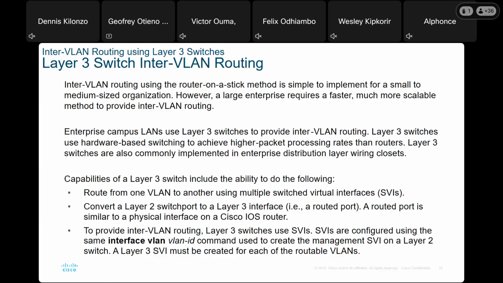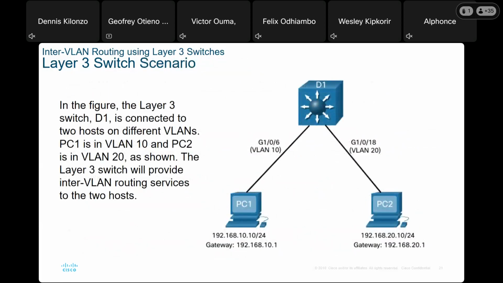Okay, so to provide the inter-VLAN routing, layer 3 switches use switch virtual interfaces, and these switch virtual interfaces are configured using the same interface VLAN command. The layer 3 switch virtual interface must be created for each of the routable VLANs. Okay, so if you look at the scenario that they're giving out here,